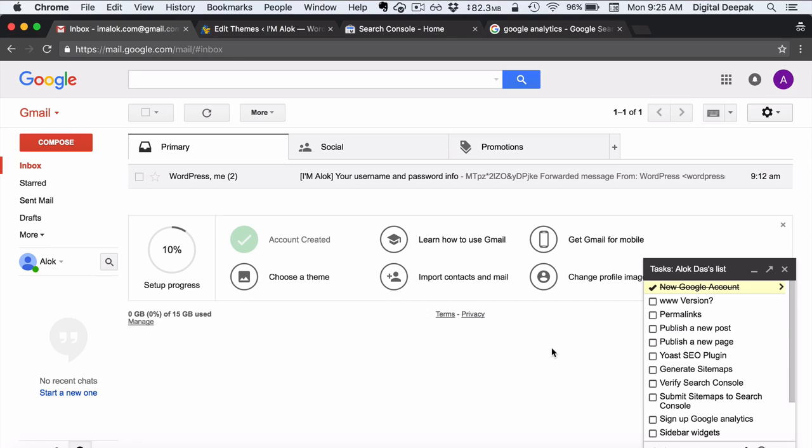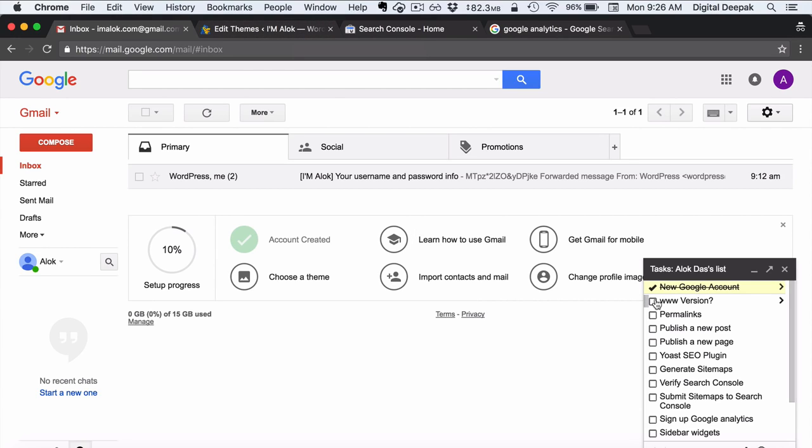So this is easy to maintain, and there are a lot of Google services that you will be using along with your blog, and having everything in the same place helps a lot. And even if you are selling your WordPress blog in the future, you can give access to this particular mail account to someone else if they are buying the entire website. So don't mix it with your personal account. So that is something that we have done. And let's go back into the WordPress admin area.